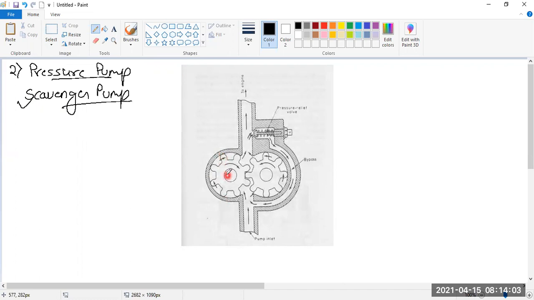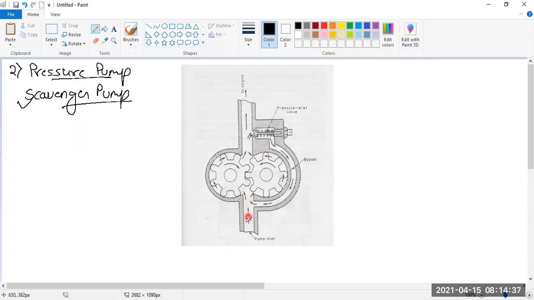G rotor, you have already done in hydraulics. Gear is also done, but I'm just doing it for revision purpose. What will happen is the oil will come from the oil tank. It will enter the pump over here. The gears will rotate in such a direction. One is the driven gear, one is the driving gear. Driving gear is the one which is connected to the accessory gearbox. That means when it rotates, it will also rotate this. So the motion is in the opposite direction to the direction of the fluid. Many students make this mistake, so please ensure that the fluid will come over here, rotate within this space, and from here it will go up.